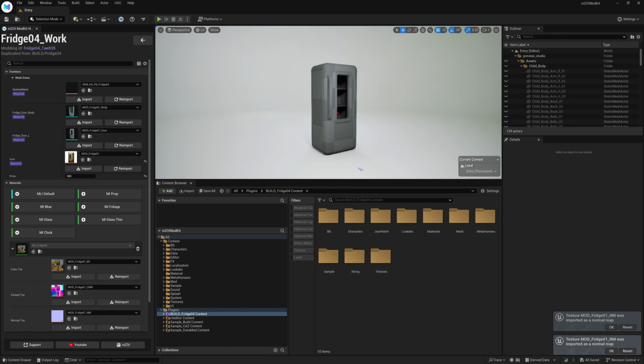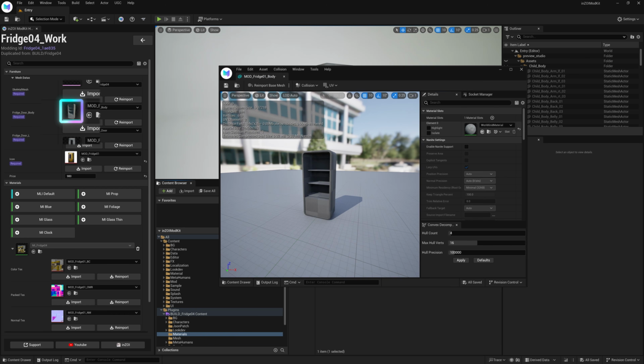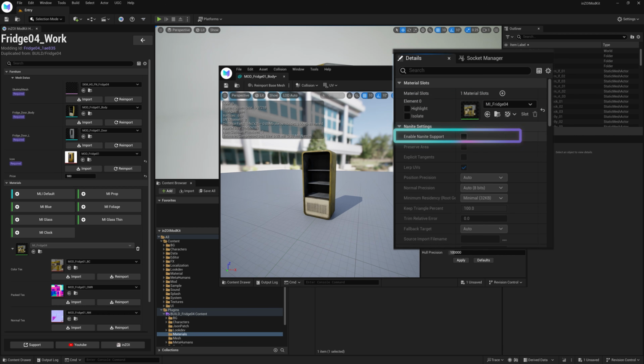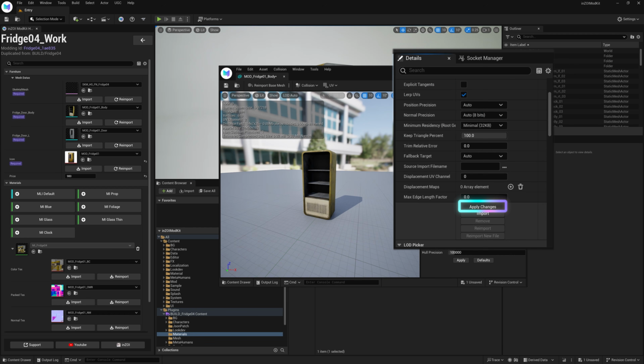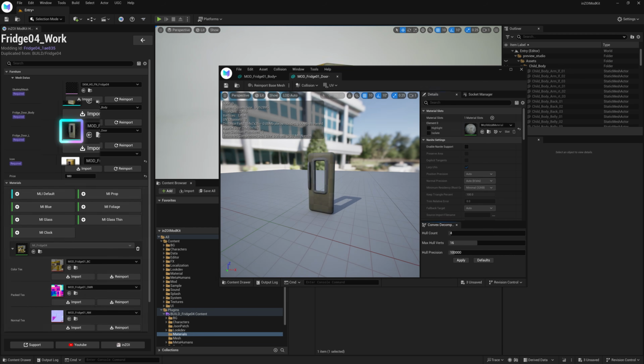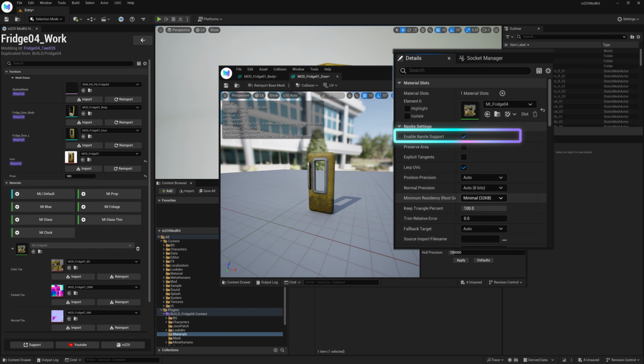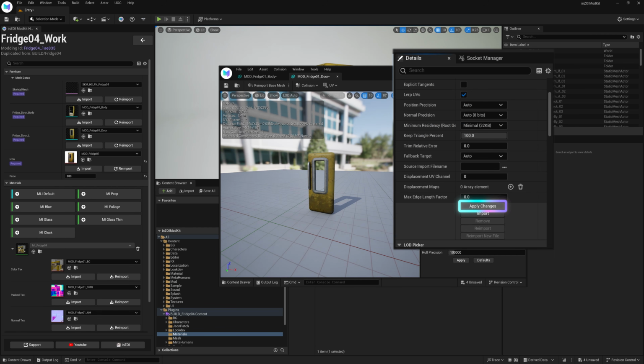For more detailed information on skeletal meshes, textures, and materials, please refer to our mod guides or the official Unreal Engine documentation. Double-click the fridge body and door meshes to open the Mesh Info window. There, apply the material and enable Nanite settings, then click Apply Changes and hit Save.